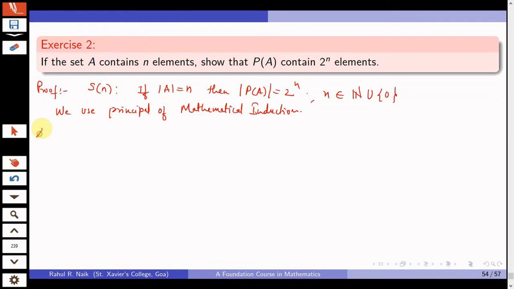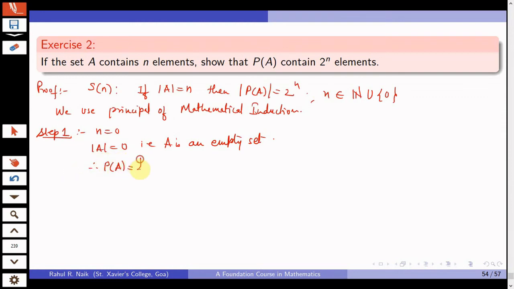So, step 1 of induction, I would consider n equal to 0, and I would show that this statement S of 0 holds for that. So, in that case, the cardinality of A is equal to 0, that is A is an empty set. So, therefore,